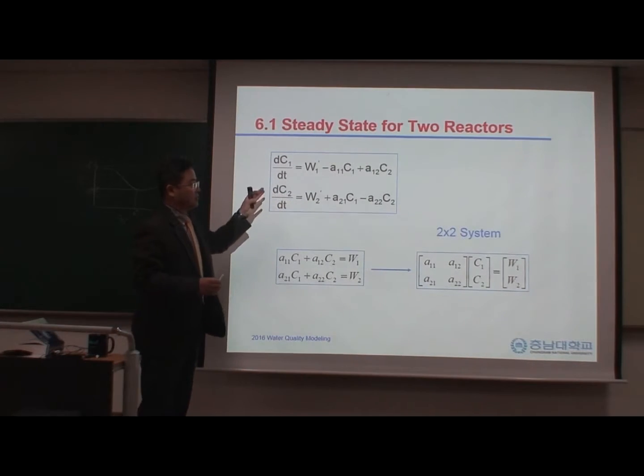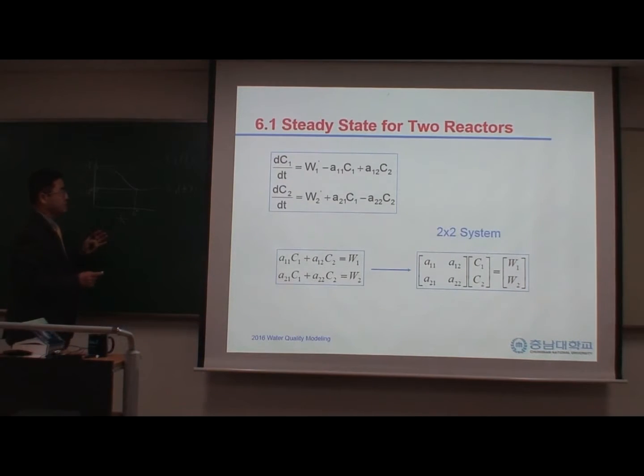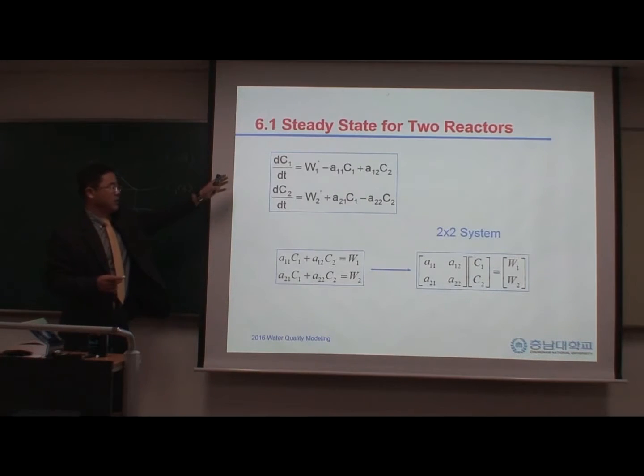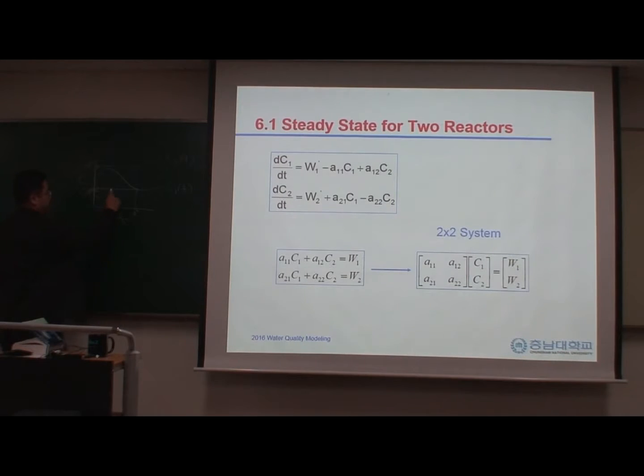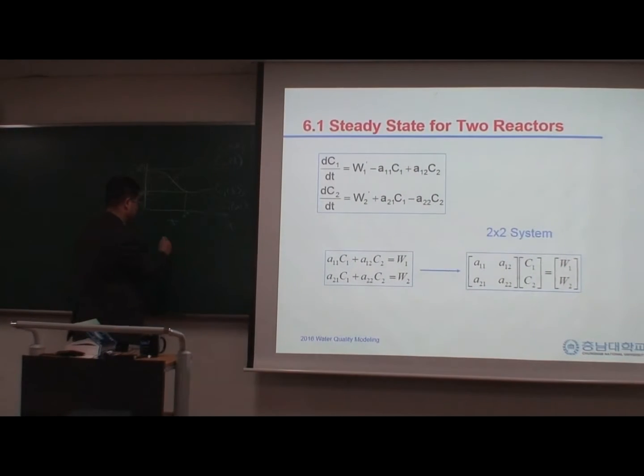And before we go for the dynamic case, in other words, the function of time, we will solve this for steady state. Steady state means if we have enough time, then what is C1 and C2? In other words, what is C1 infinity and C2 infinity? If everything keeps feeding as it is, then somehow they will reach a kind of equilibrium, right? So steady state,